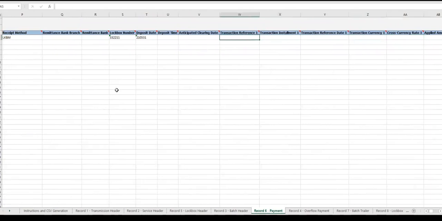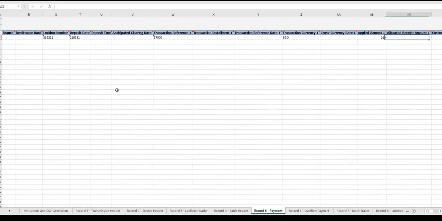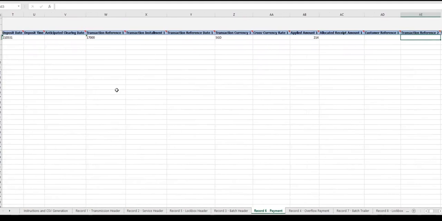If I recall, when I defined the lockbox, we said that we are going to match with the transaction number. So we have to enter the transaction number here, 17,000. Recall that's the invoice number, the currency, and the amount we are going to apply. We have two invoices, so we will enter two transaction references here.